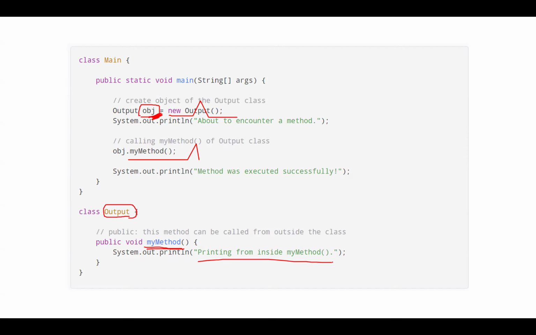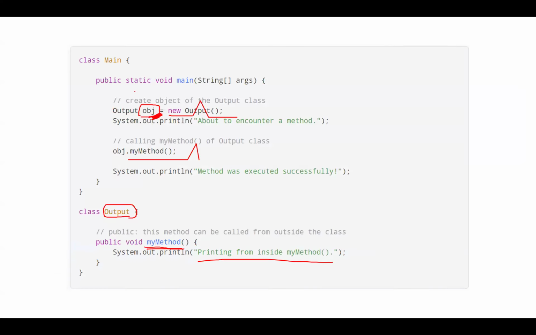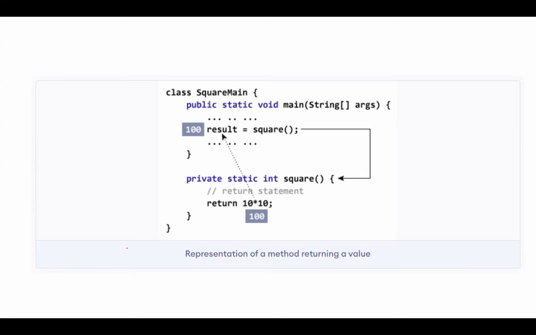and it will come back and print method was executed successfully. I did cover in the last class as well that if you want to return a specific value, rather than using public static void, you will be using the return type. So here in this example, this is a private method,